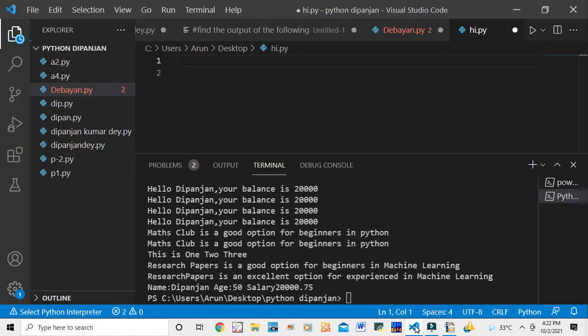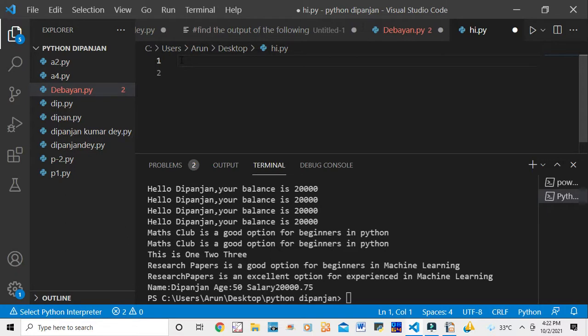Here you see a file is already open, debian.py. I am just pasting over here in this file. Otherwise you can make a new file, go to file, then new file, which I have already shown in my previous 2-3 videos. I am pasting here because a file is already open, that is debian.py. Why .py? .py indicates a Python program.